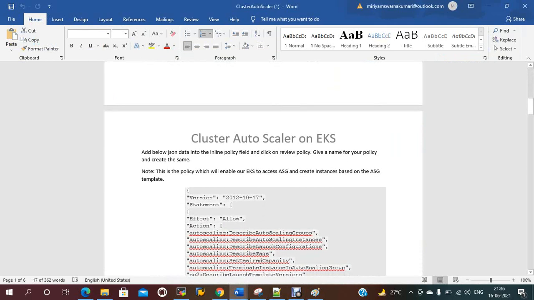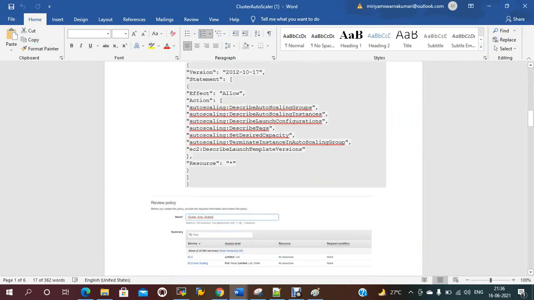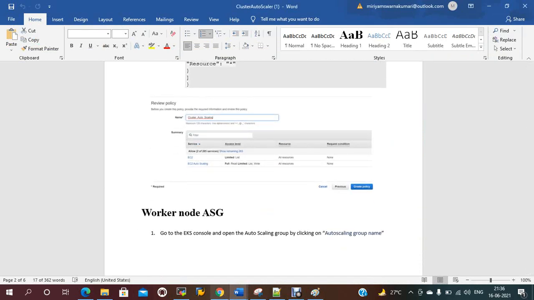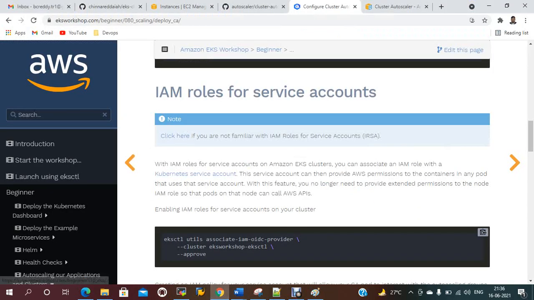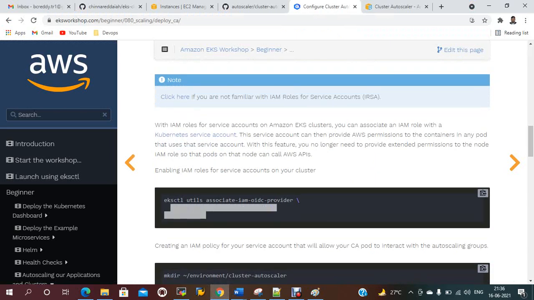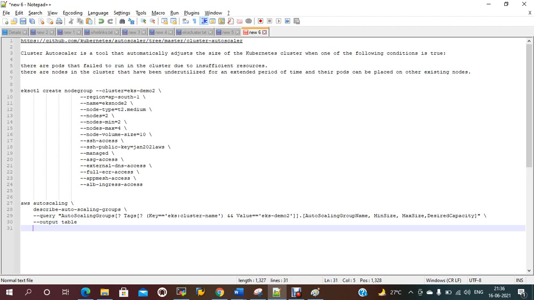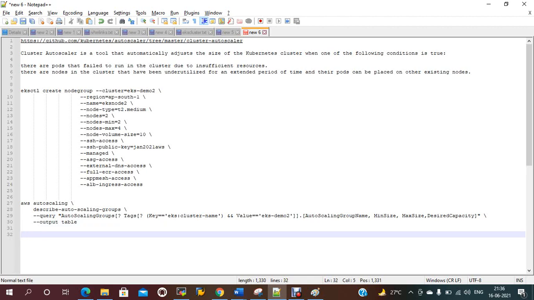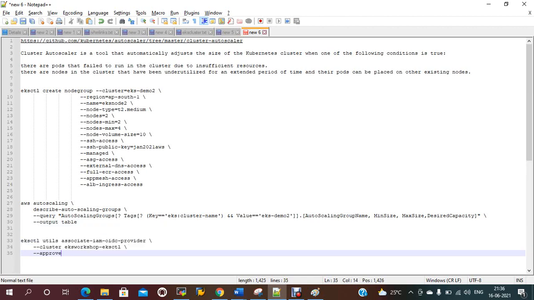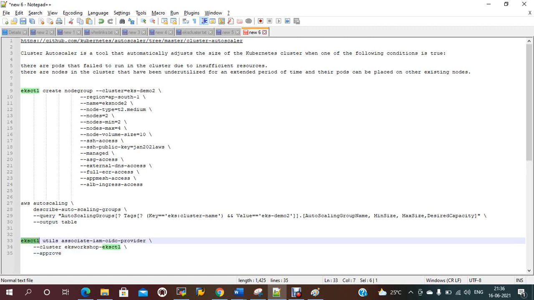And then we create the autoscaler group. We'll do that, and before that we need to create a service account. Let me create a service account. So the second step is, here using eksctl, associate the IAM OIDC provider, and for the cluster name we need to provide our cluster name.